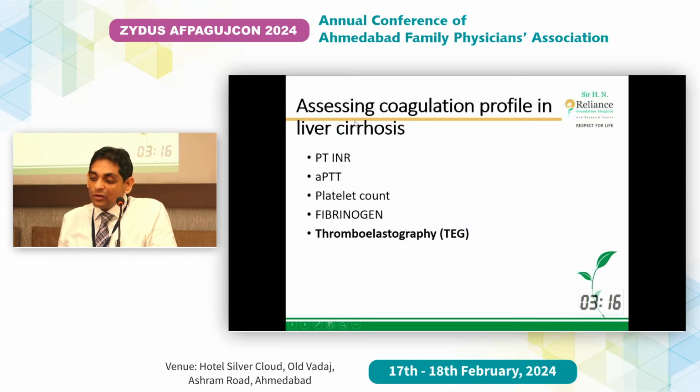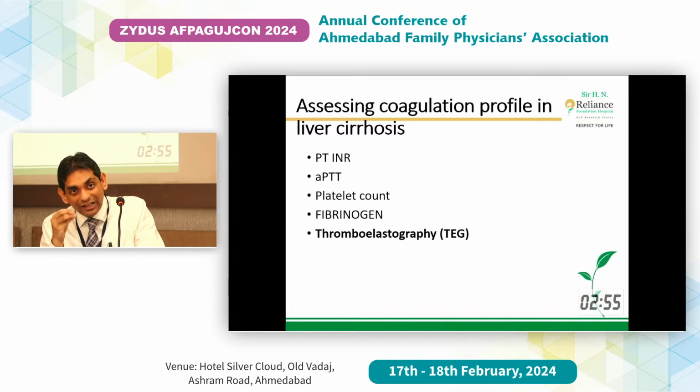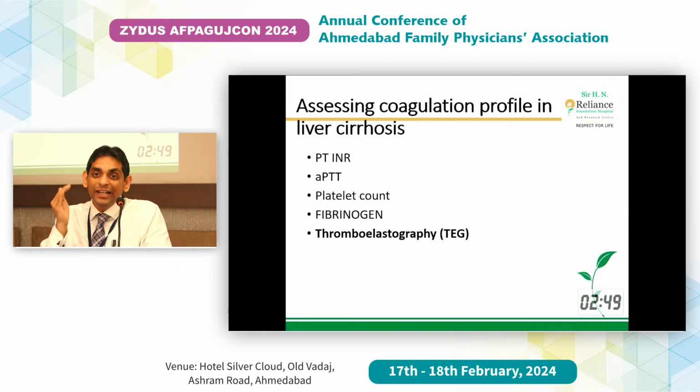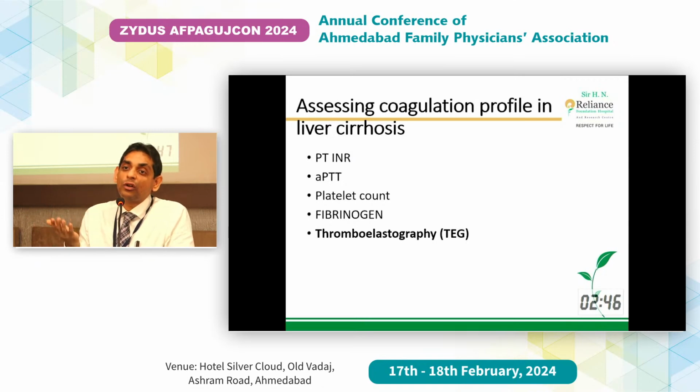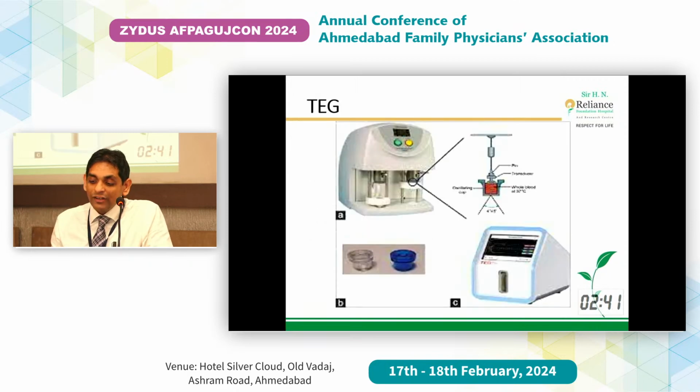So when you assess the coagulation profile in liver cirrhosis, as correctly said by sir, we don't see bleeding time or clotting time. We have to see INR, we may see APTT, platelet count, but more important is functional assessment of platelets, fibrinogen value, and now our go-to assessment is thromboelastography. In a person with advanced cirrhosis, you cannot assess the coagulopathy and bleeding risk if you have not done thromboelastography. Platelet count will be misleading, INR value will be misleading. So we are always used to doing blood tests through thromboelastography.